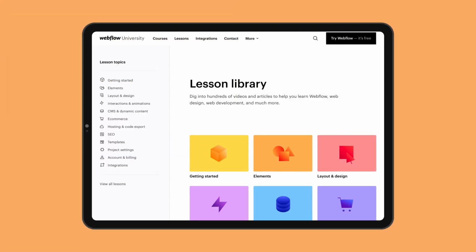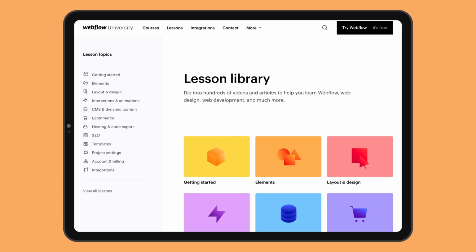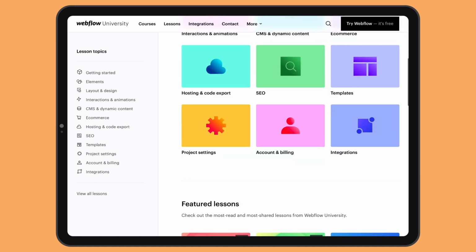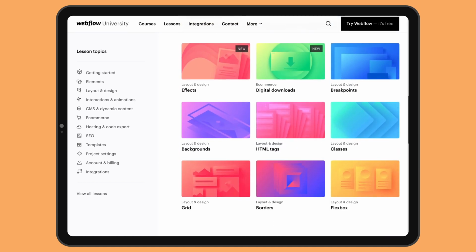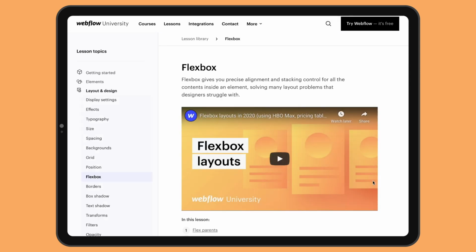As you've seen, there is a lot to play around with in Webflow, which brings us to our next topic, the support. Webflow actually offers plenty of great resources for both beginners and advanced users to help you at every turn. The Webflow University is full of courses, lessons, and some pretty entertaining how-to videos.